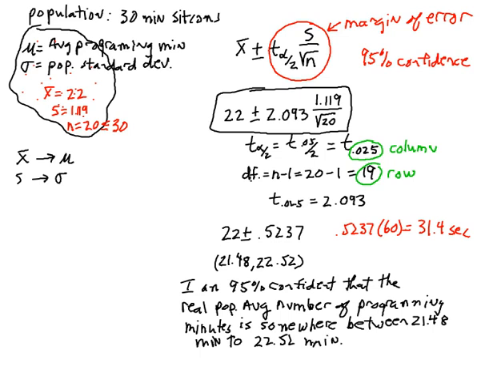I'm 95% confident that the real population average number of programming minutes is somewhere between 21.5 minutes to 22.5 minutes. So with my point estimate being 22 minutes as my best guess at this point, I know